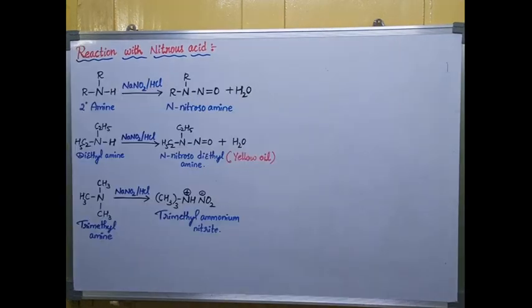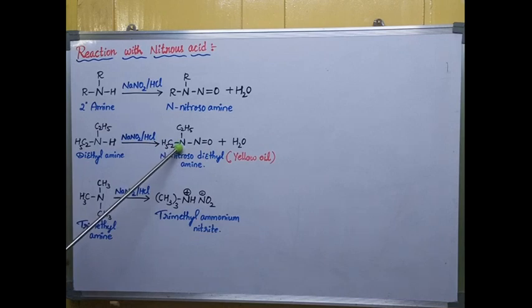Now let us see the reaction of secondary and tertiary amines with nitrous acid. Secondary and tertiary amines show different reactions with nitrous acid. This secondary amine reacts with NaNO2 along with HCl and produces nitrosamine as a product along with water byproduct. Here I am taking diethylamine. So here these two R groups are replaced with ethyl groups, hence we call this diethylamine, which is a secondary amine. This secondary amine is reacting with NaNO2 and HCl. NaNO2 and HCl combined together produce nitrous acid, which is HNO2. That HNO2 is reacting with diethylamine and produces